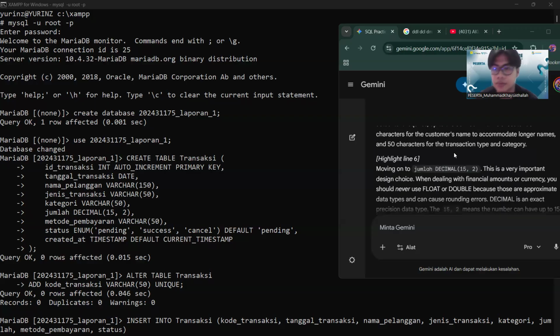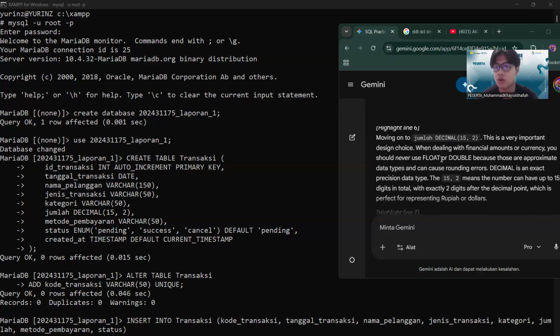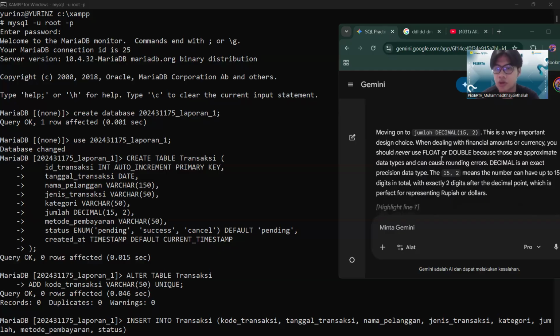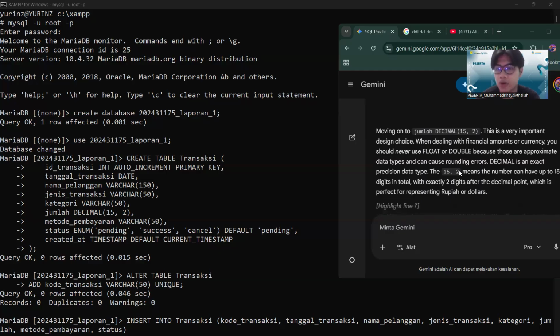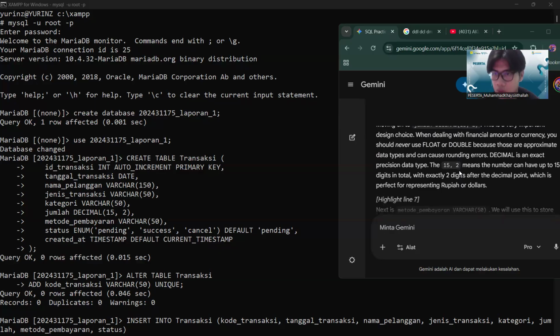Varchar only uses as much storage as the actual text requires. And then moving to jumlah, or the total amount, we use decimal here. This is a very important design choice. We're dealing with financial amounts or currency, so you never use float or double, because those are approximate data types that can cause rounding errors.